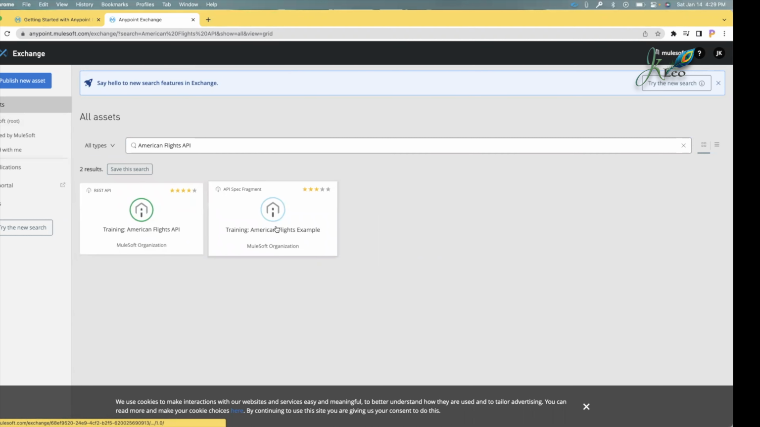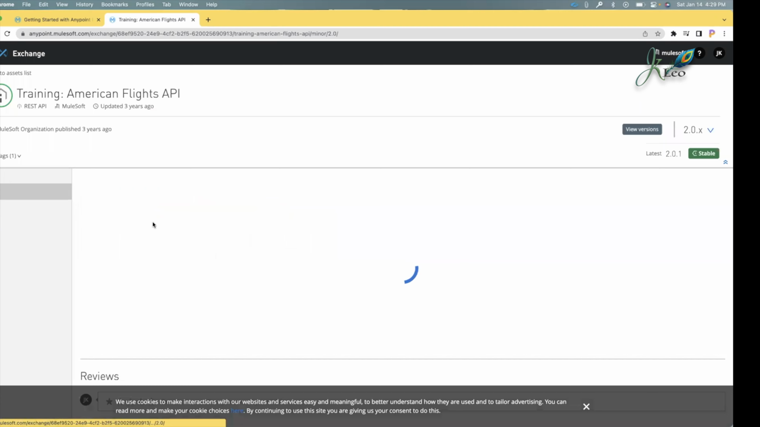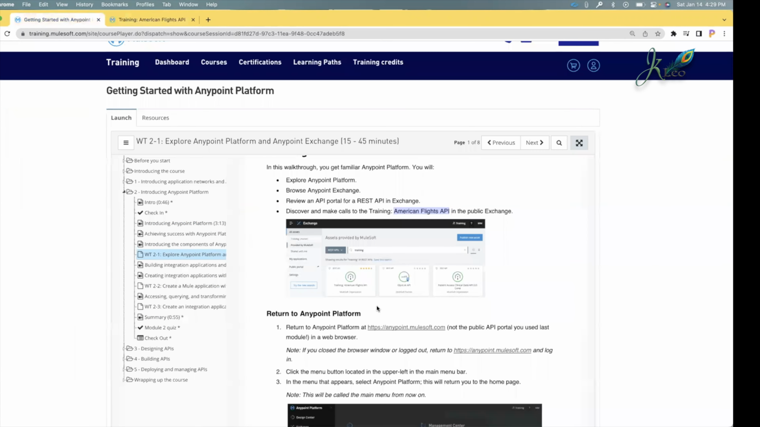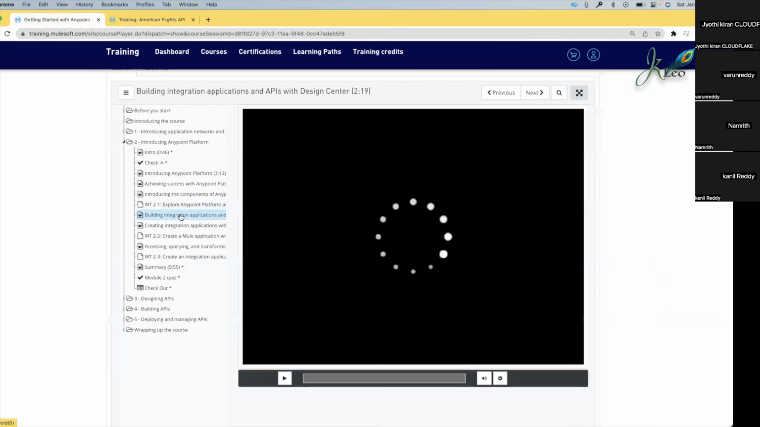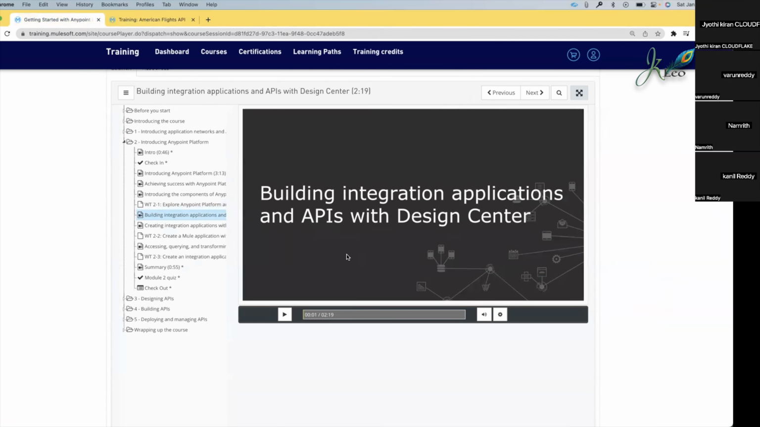And I have two. So one is API specification fragment and REST API. So we were discussing about the REST API. So click this one and return to the platform. And then let's go to building integration platforms. Here,